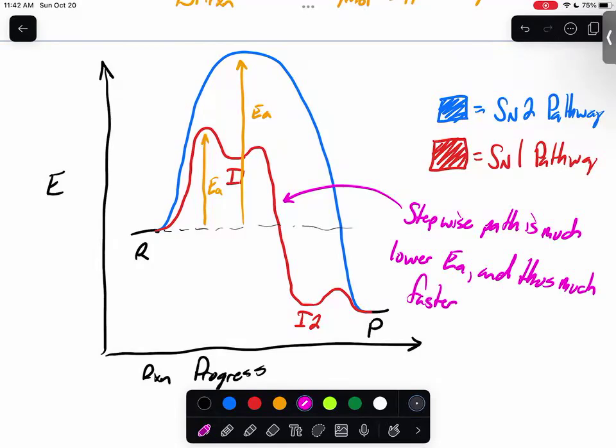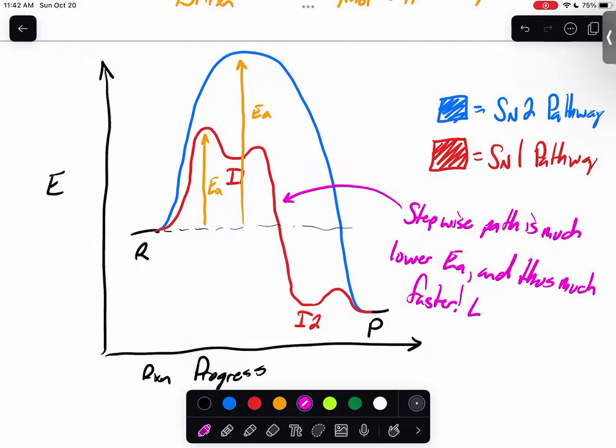All right, but one thing to keep in mind is it depends on the nucleophile, right? Because your difference in energy between the reactant and I1 is always going to be the same, right? It is always going to be leaving group leaves. But your activation energy for the SN2 pathway decreases because you are increasing the reactivity of your nucleophile. All right. So this idea